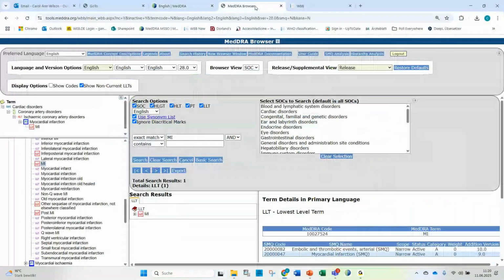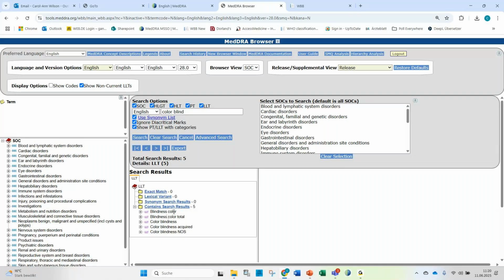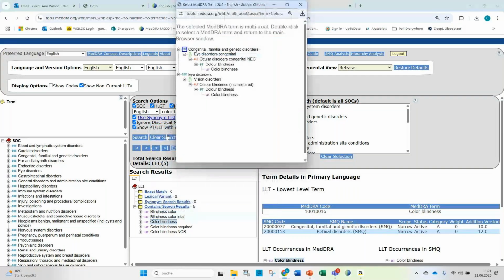using the legacy browser again and going back to the basic search. If I would enter just colorblind in search, I would find, of course, color blindness immediately. When not checking the hierarchy, you would maybe select this term, although you know it was acquired. So it's always good to check the hierarchy, right mouse click, go to browser, and you would immediately see